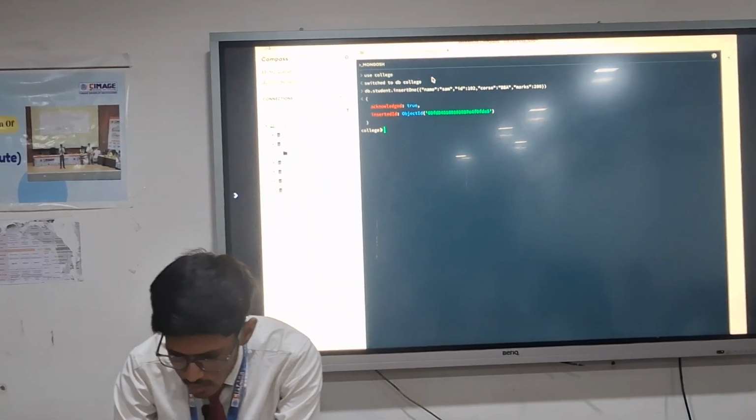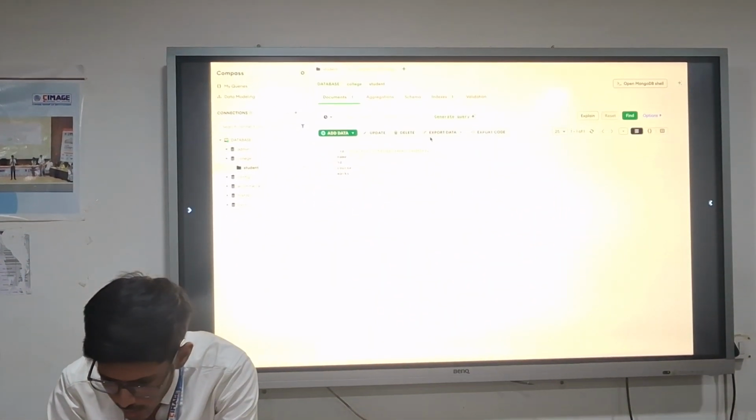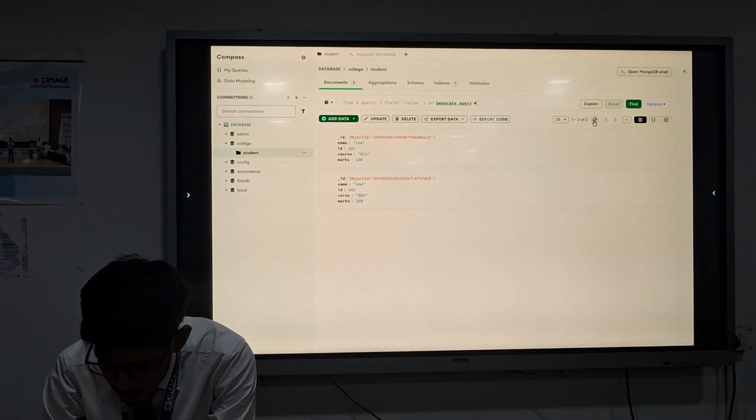To check whether our data has been inserted or not, we go to the student tab and refresh it.